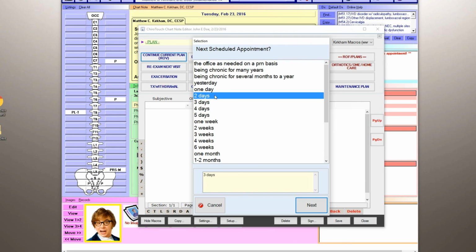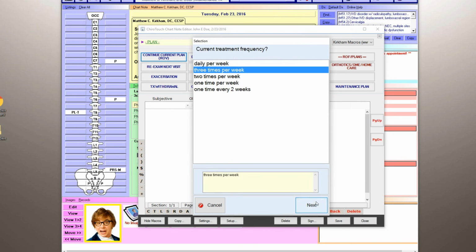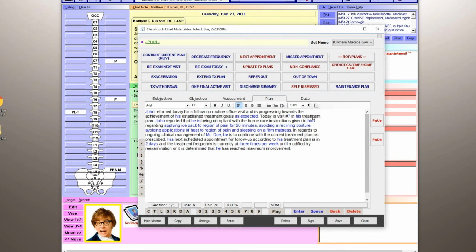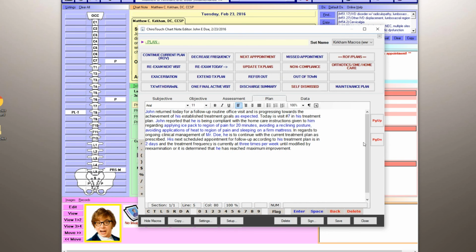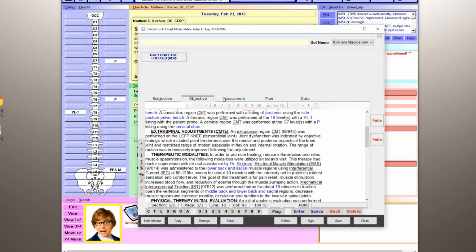Next visit is in, let's say, 2 days, and they're at 3 times a week. So here's the assessment. Now if he wasn't compliant, or I need to change home care activities, I can change these as we need. But I put the presets just to make it a little more efficient. So there is a daily